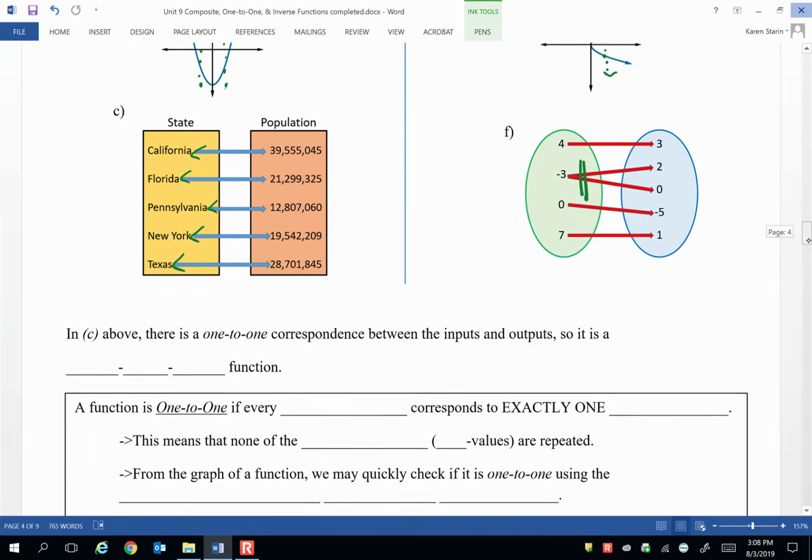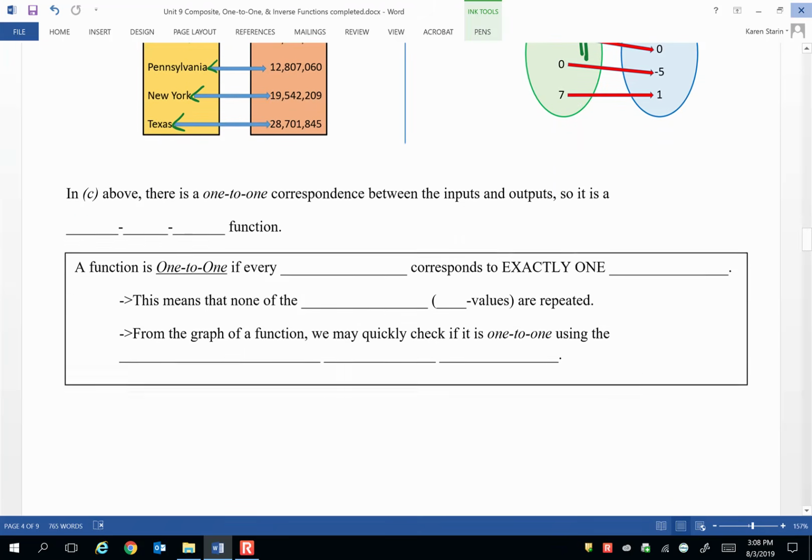So what is a one-to-one function? Well, it's just like we just saw. If every output corresponds to exactly one input, this means that none of the outputs, which are the y values, are repeated either. So from the graph of the function, we can quickly check if it's one-to-one using a horizontal